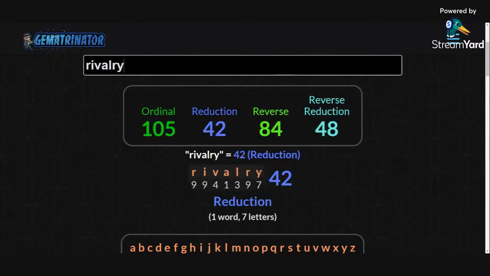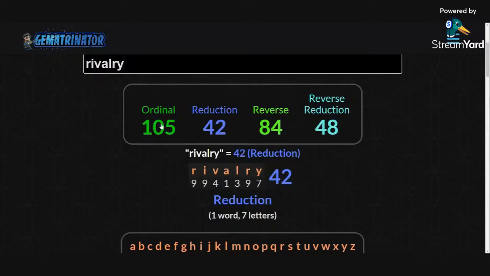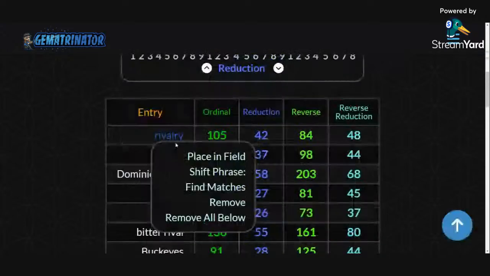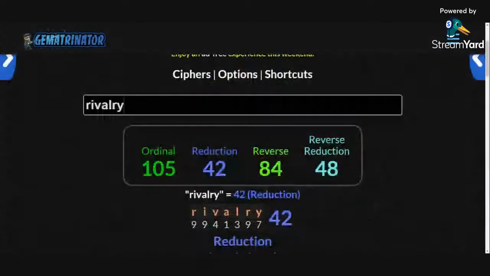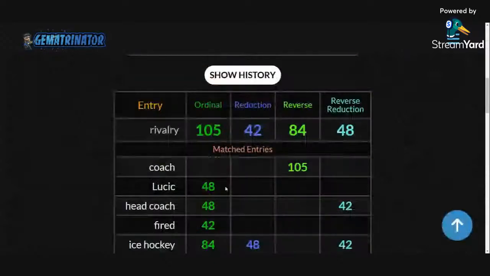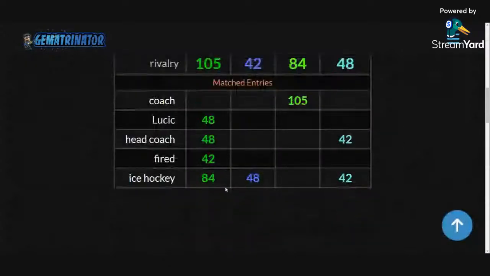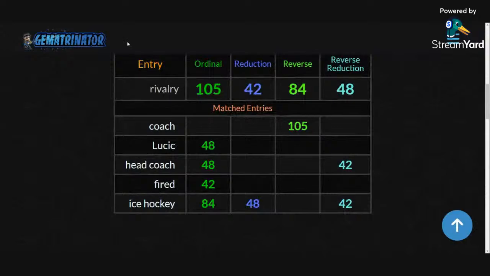But look at that. Without even trying, rivalry equals 42. See what I mean? OSU, Michigan, Buckeyes versus Wolverines. Okay? And wow, you see a lot of sports references from different breakdowns that I've been working on all hitting right there too. See what I mean?